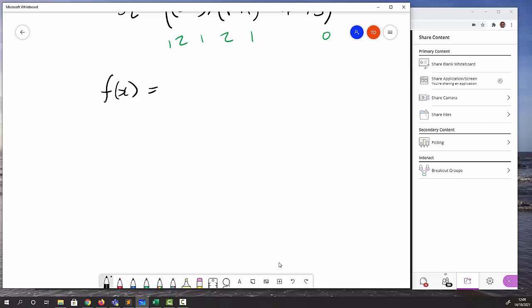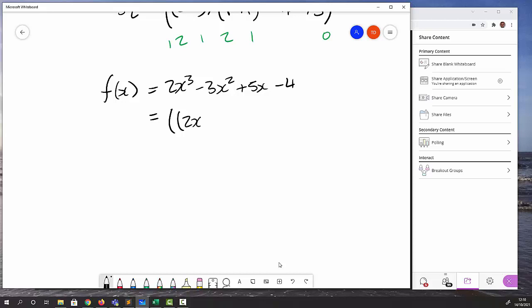So we want 2x cubed minus 3x squared plus 5x minus 4, and the question says express that in nested form. So what you do is you look at the highest power and you put brackets one less than the highest power, so that's cubed, so I would just bother with 2 brackets, and I'd start by writing 2x,